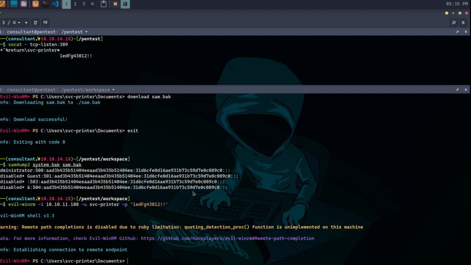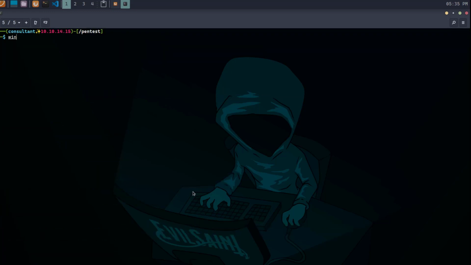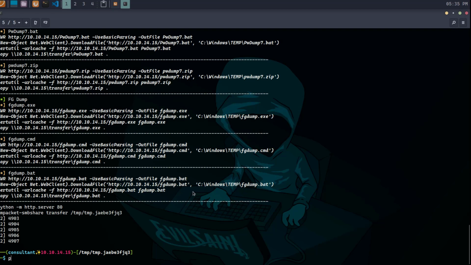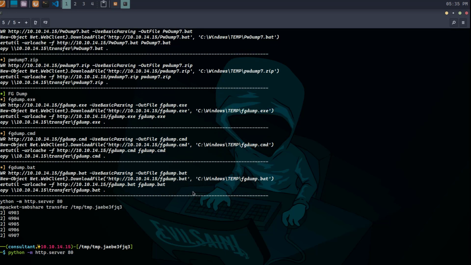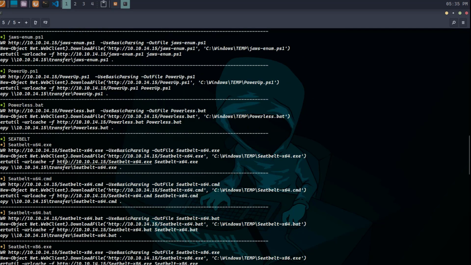So back on the machine, just doing a bit of maintenance there, closing down the other tab, giving it an exit. I've already got the creds in my cred tool, so just getting my Windows privilege escalation tools ready. Those background jobs at the bottom, I've got some conversion scripts that also allow me to do things like exe to hex, exe to hex file, and exe to bat, etc. Just grabbing PowerUp,